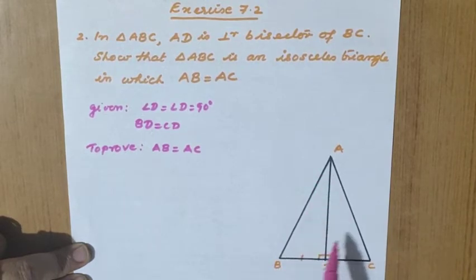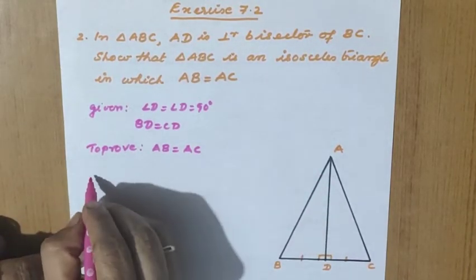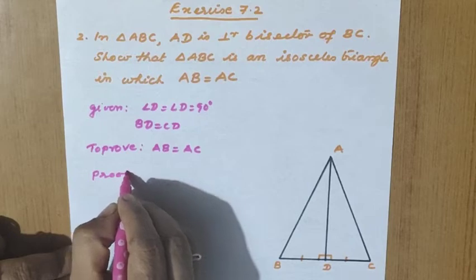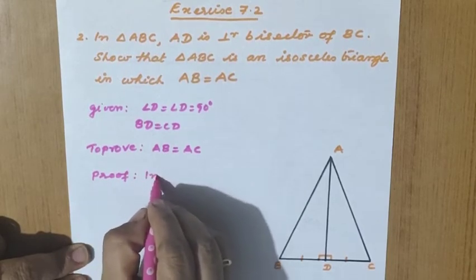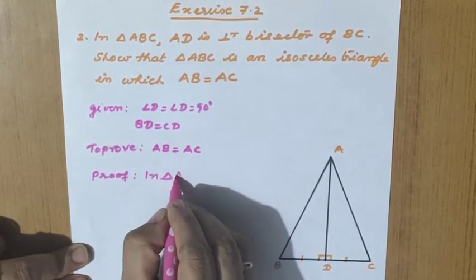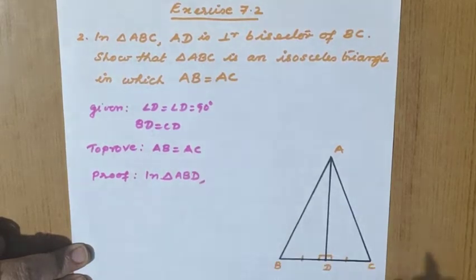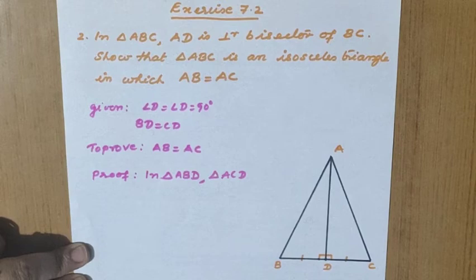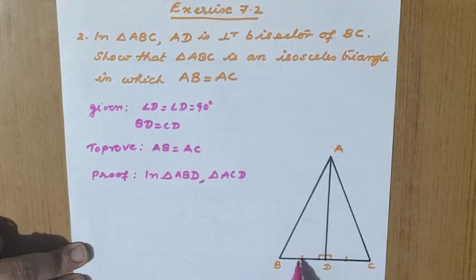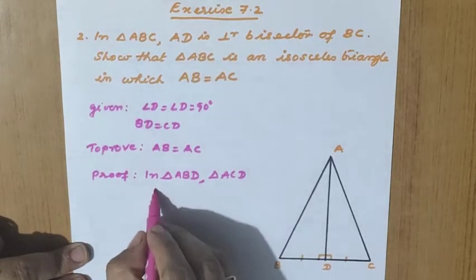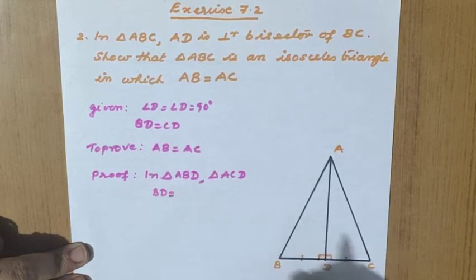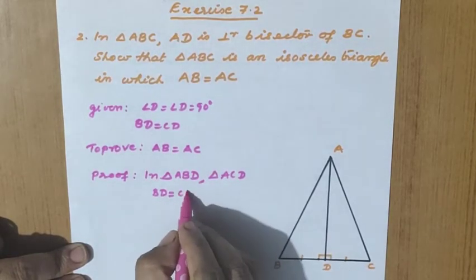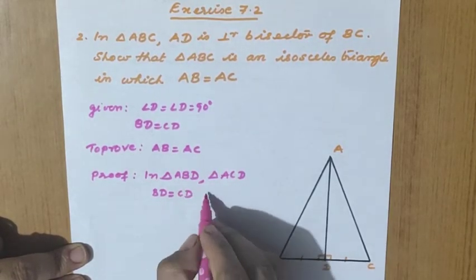So one of the side will be AB and AC only in our triangle. No construction required here. So in triangle ABD, triangle ACD, we have to see the equal sides as well as equal angles. Which is the equal side? Triangle ABD we have taken first. So marked one is BD. So BD equal to CD. It is given.